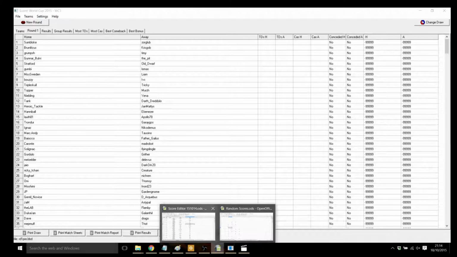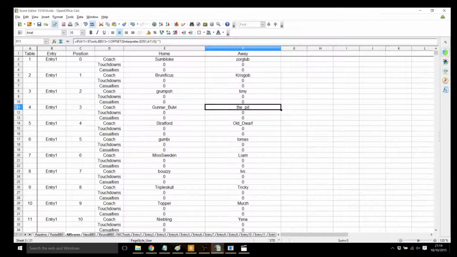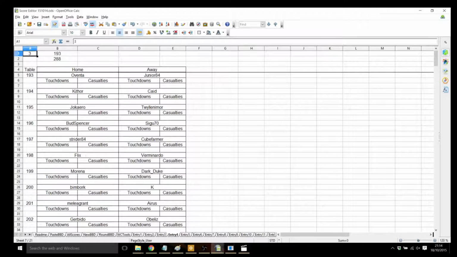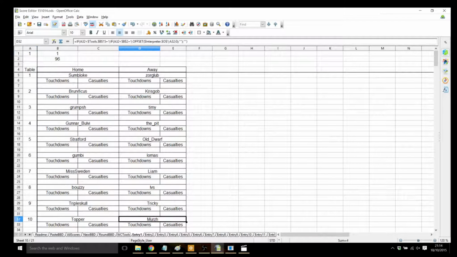So far, so only 1 point of entry, but what this does is break down this all scores tab into lots and lots of different entry tabs. So entry 1, entry 2, entry 3, entry 4, and you can see on the left hand side which tables there are. So tables 1 to